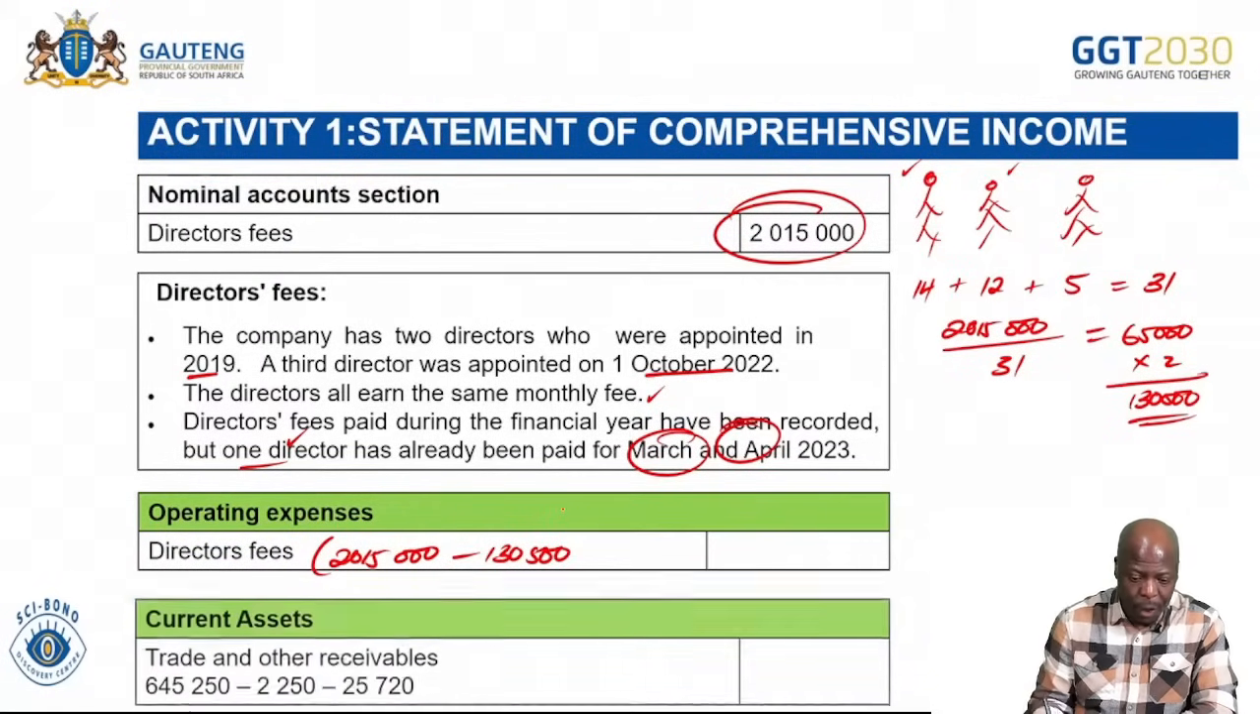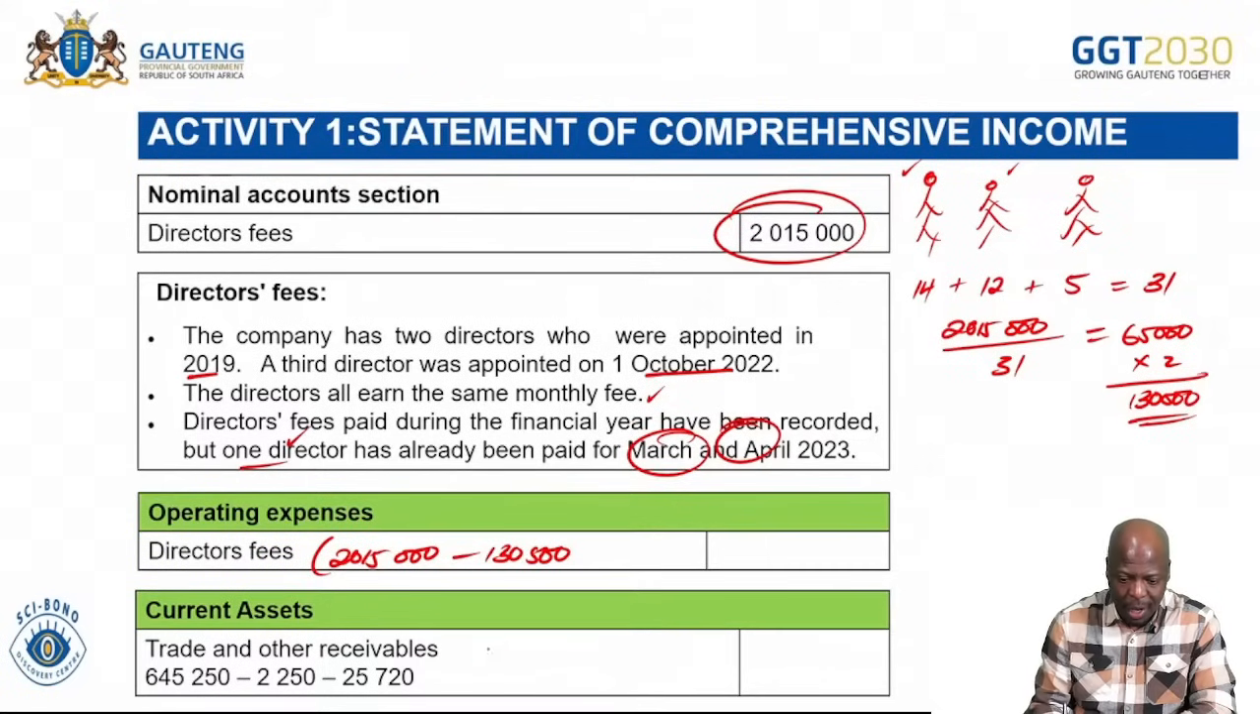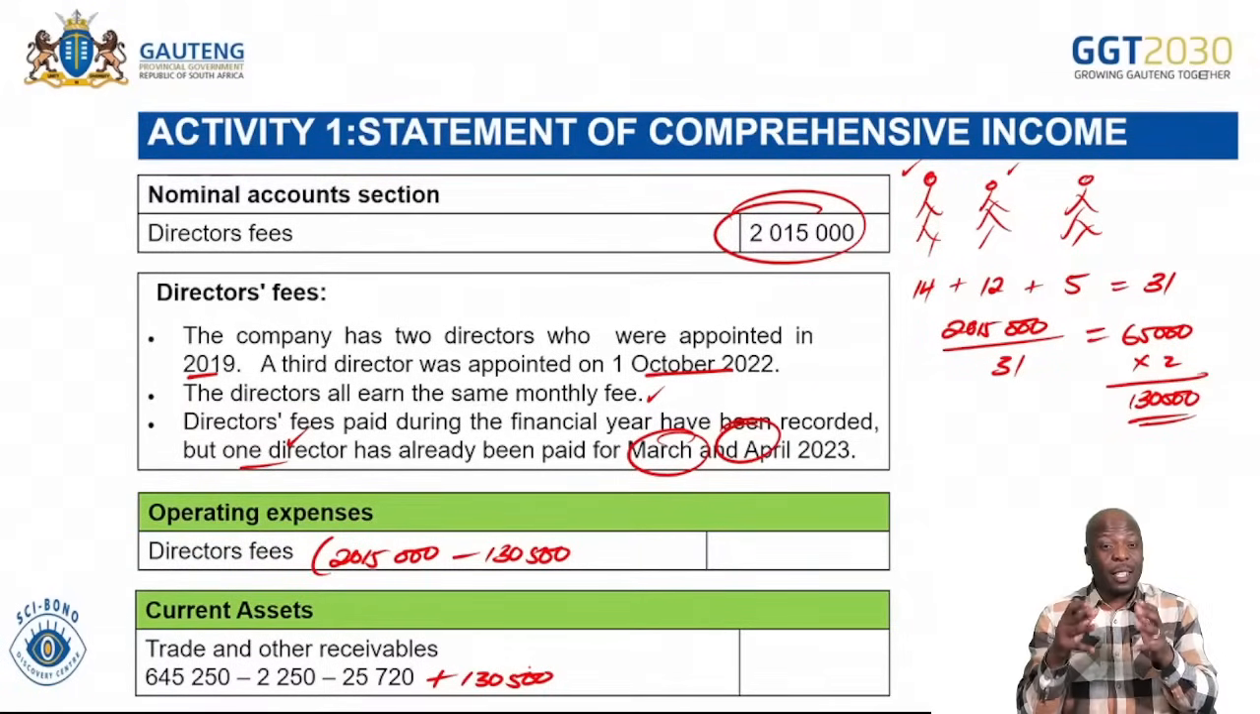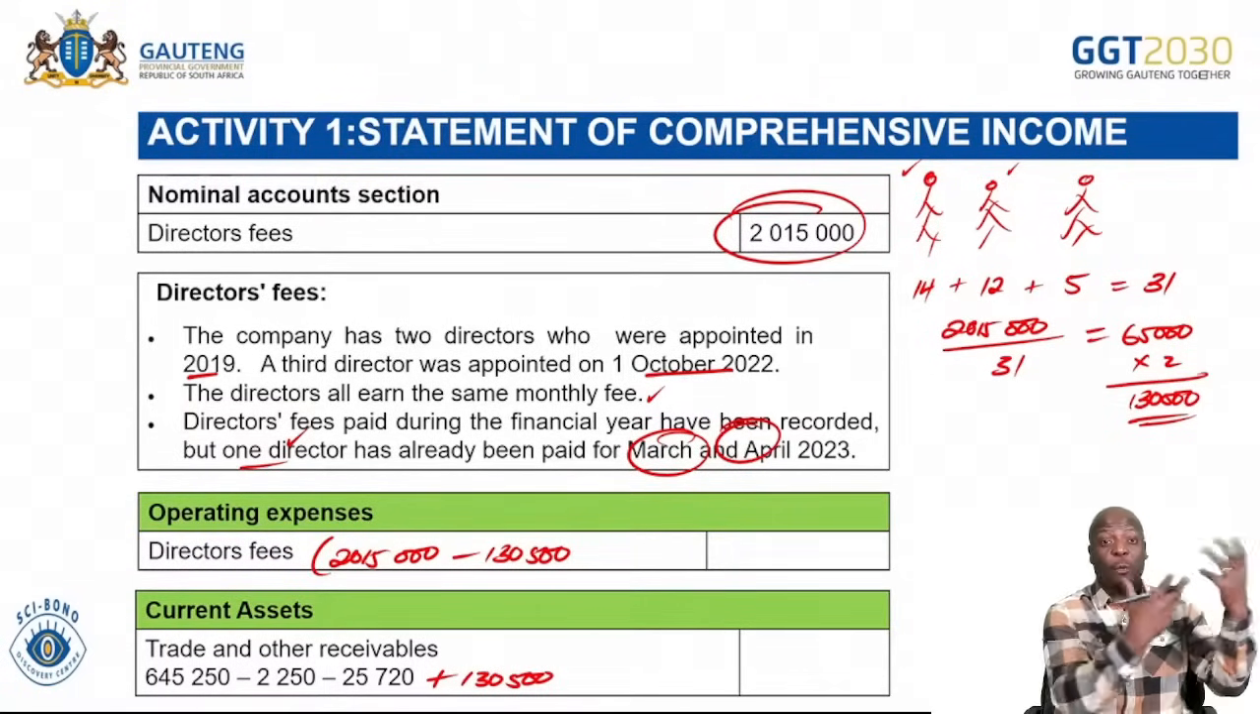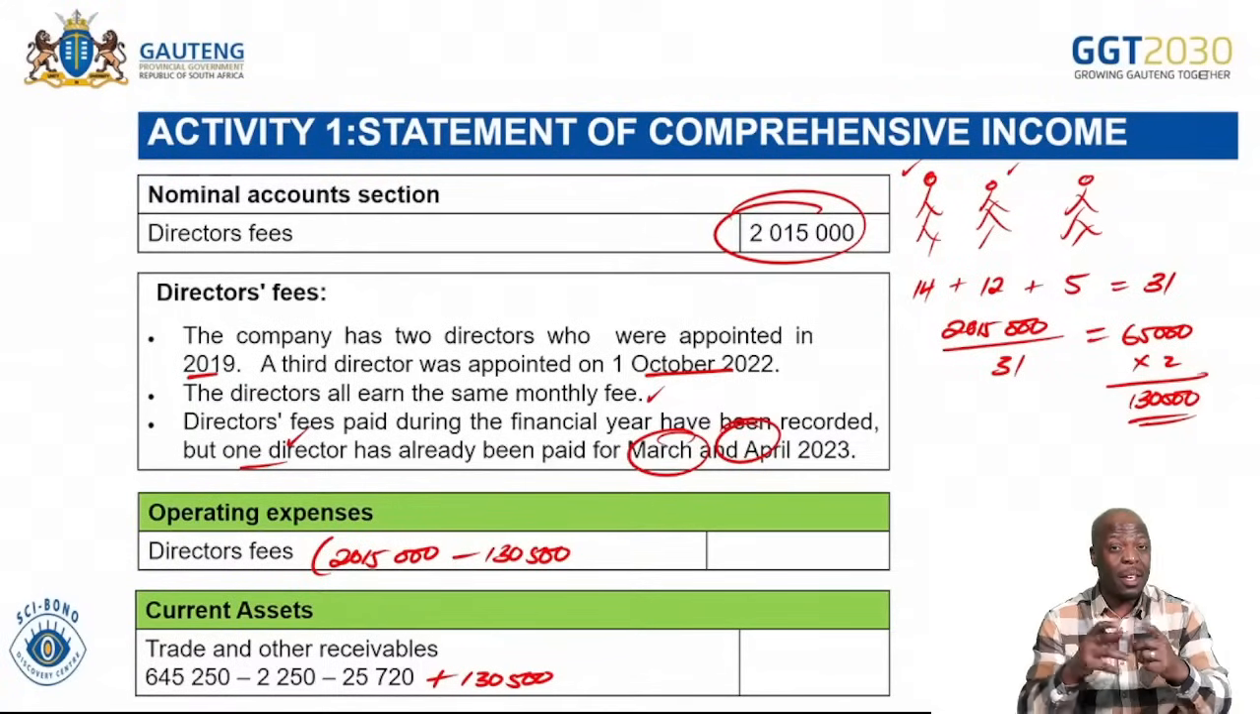And then we know once we have a prepaid expense, it goes to trade and other receivables. So I'm going to come and say plus 130,500. Okay, so you can see what I'm doing here. I'm trying to cover the statement of comprehensive income. At the same time, I'm trying to cover the statement of financial position because we don't know what demands the